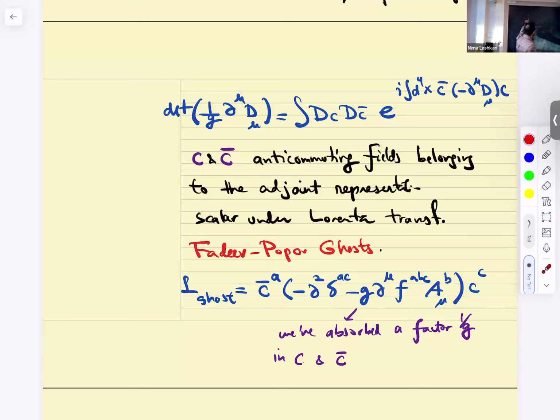But these ghosts can never be external legs. It's an expansion of the path integral. They're never on shell. These are things where we just determine some determinant, and I wrote it as a path integral. They're not actual particles. It's just an integral. So these guys cannot be on shell. They're always in the loops, and when they're in the loops, their job is to cancel a bunch of positive terms, to cancel some probabilities, to make sure everything is proper. Every time you have these guys, keeping track of normalization is their job.